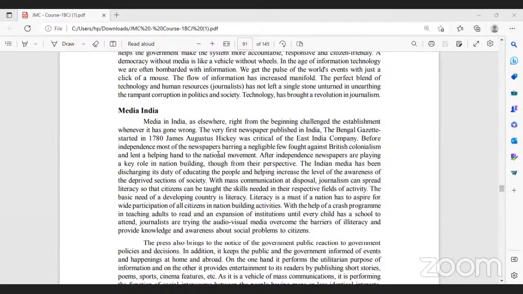But I would like to add that, besides the Bengal Gazette and those newspapers, we also see that the vernacular press came into existence. And Raja Ram Mohan Roy, who is called the father of Indian journalism, in order to curtail the superstitions, propaganda, and misinformation, started talking about information related to society, and was a great social reformer through his newspapers like Mirat-ul-Akbar, Sambad Kaumudi, and others. So we see that our vernacular press was definitely present.